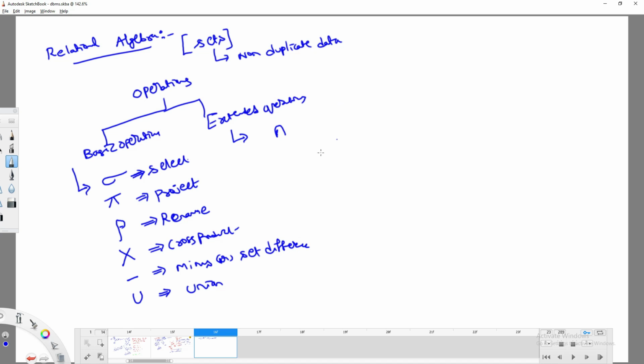And there is another symbol as well. This is what I can call intersection, and this is what I can call join. Join is one kind of operation we are going to use, and division is also one kind of extended operation which is used in relational algebra.